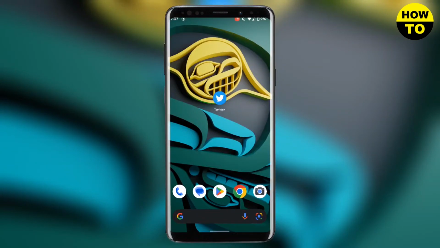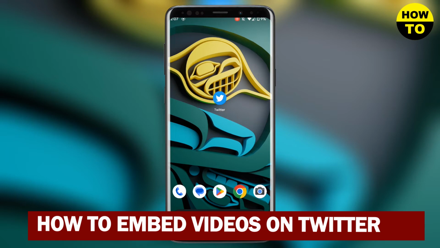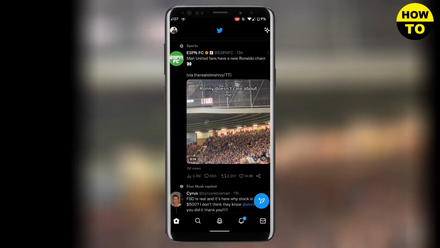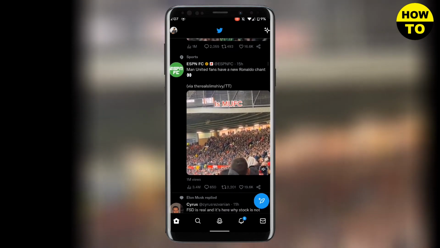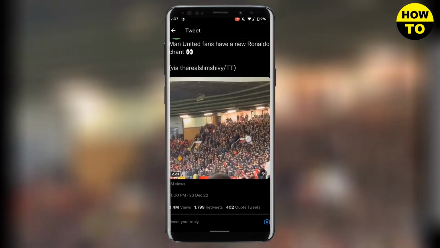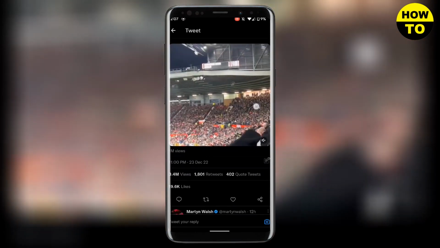Hello guys, in this video I'm going to be showing you how you can embed a video on your Twitter app. So here when I open up my Twitter, you can see that here is the video that I want to embed. So first you need to click on this tweet and then scroll down